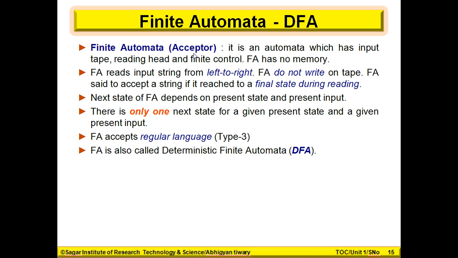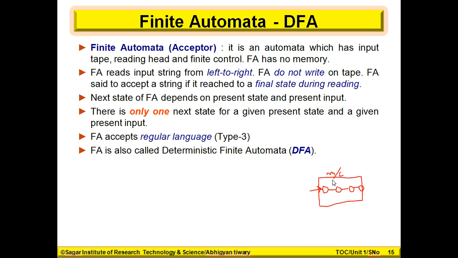Let's try to understand this finite automata. Let's suppose that this is a machine, and we have states here. What kind of states are they? It includes an initial state and a final state also. This will become the initial state. And what is this? This is a machine. Machine means this is an automata.